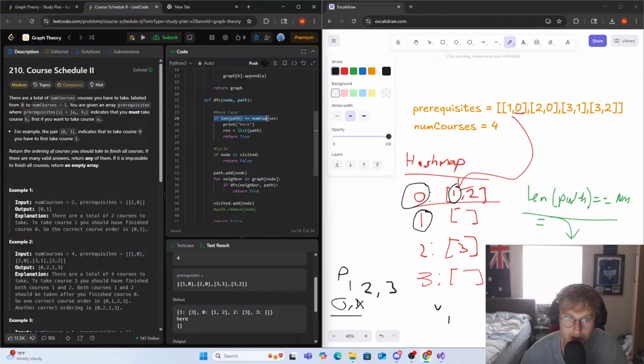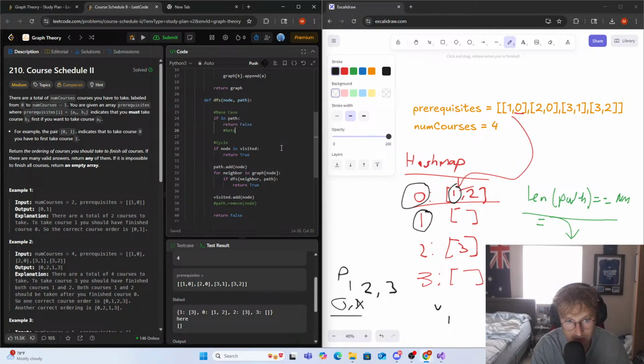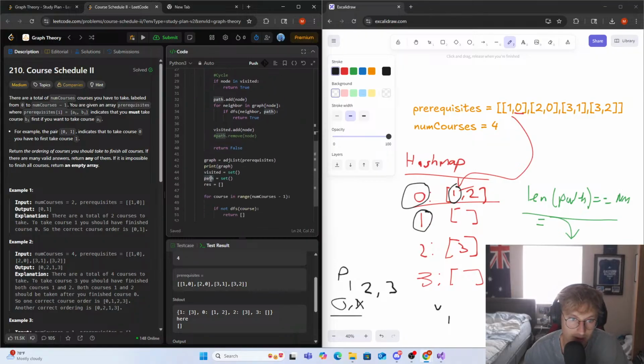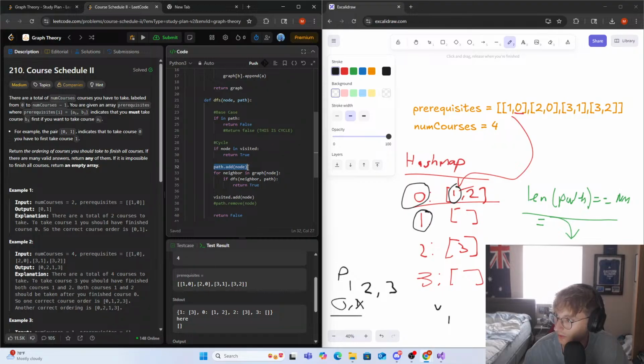But here we did get our base case kind of correct. If it isn't visited, but think about it in a different way though. I think they put if node in visited, they return true. But then if node in path, we return false, right? And I believe we return false here because this would be a cycle, right? That's why we're returning false. If it's in our path set, we return false. If it's visited, we return true. We add to our path, right? We loop for neighboring graph node. If DFS neighbor path, I guess technically